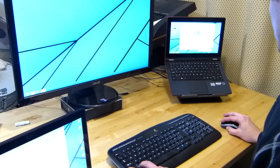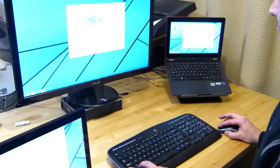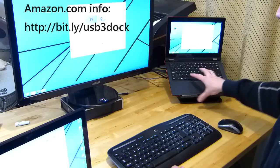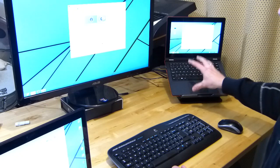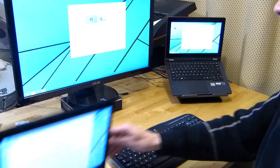I'm just going to move the position of the screens there. We'll apply that, and you'll see, boom, there we go. Wow, so that was pretty good. And that's happened a couple of times now. I've used a number of devices, just plugged this DisplayLink dock in. Initial display drivers take a while to install, but what you've got now is a completely